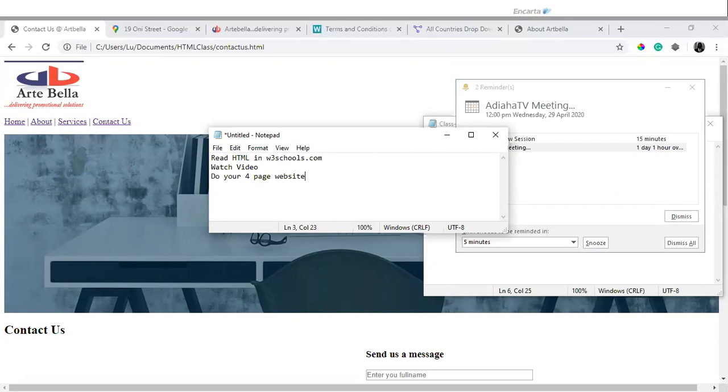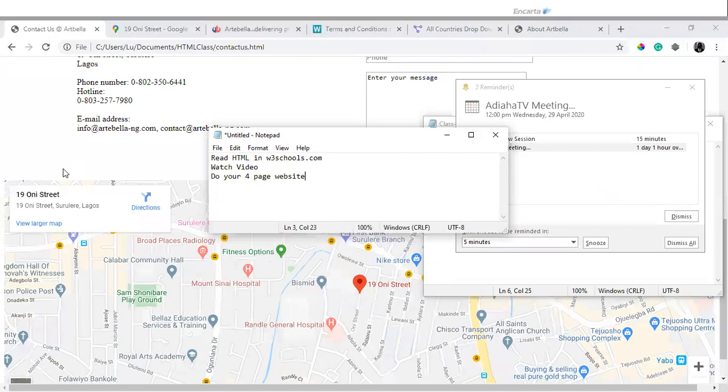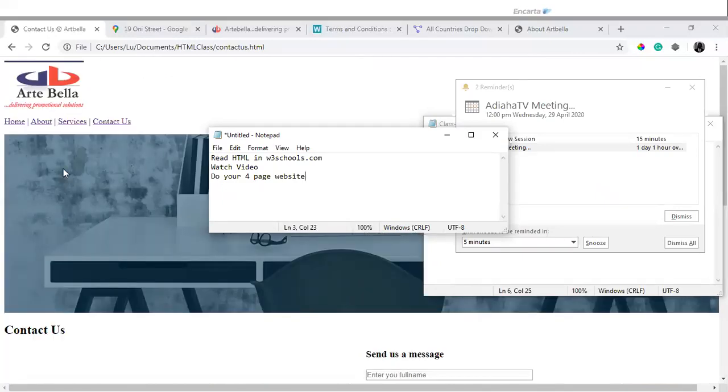I would like you to replicate this Adbella example. I'll send you the classwork. I would also upload the classwork for you to download. But just do your own different page. This is the important part of the assignment. If you can do that, 1 page, 2 pages, make sure that the links work,